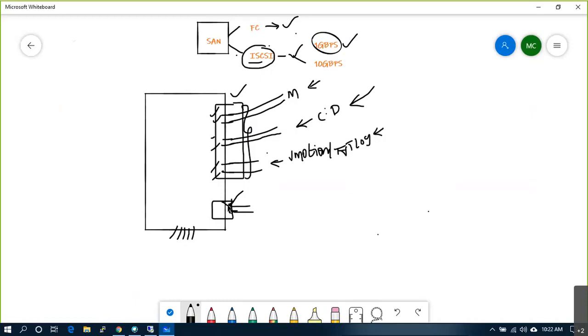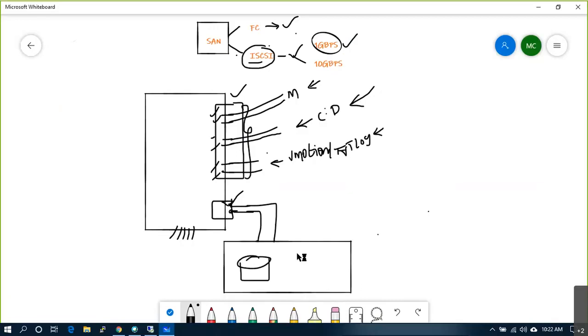Okay. Now I would require two more cables to get the network storage into this host. So I have a storage system. The storage system is in an altogether different rack. From this rack, if I want to assign some storage to this machine, the data will travel via these two cables. Agree?